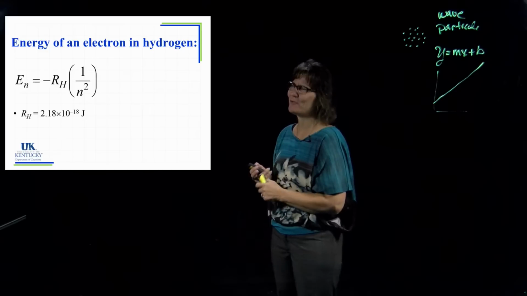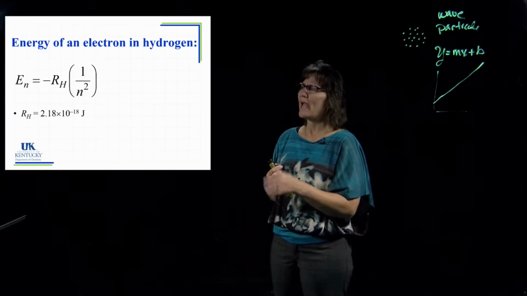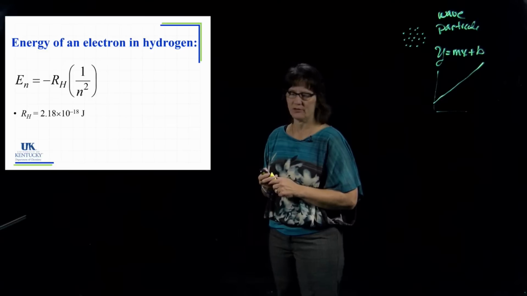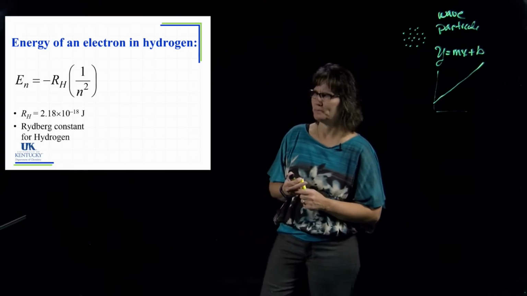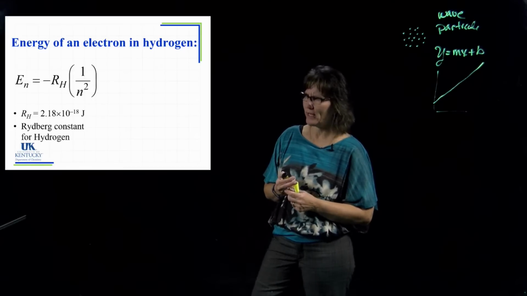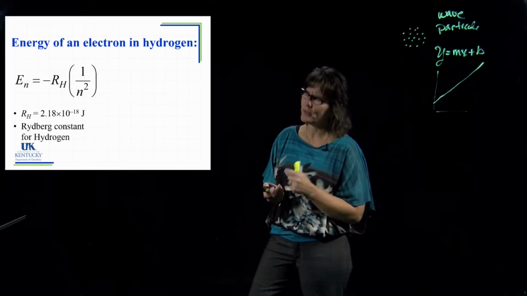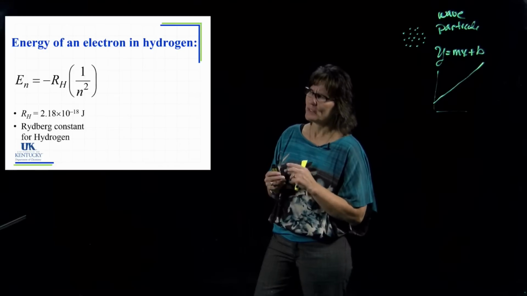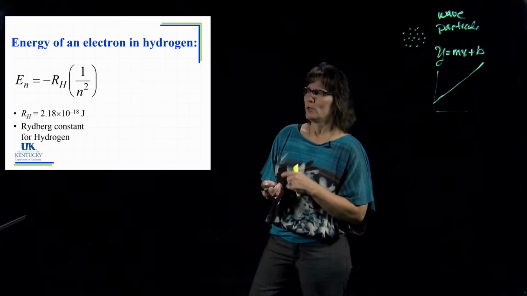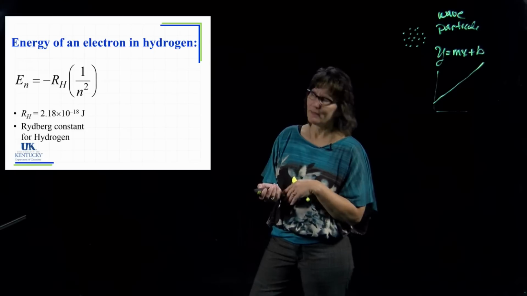Okay, so we have an N equal 1. We would put down there in the denominator 1 over 1 squared, and then the energy of the electron would be equal to the Rydberg constant there. That's what that R sub H is called. It's called the Rydberg constant, and for hydrogen it's 2.18 times 10 to the minus 18. N equals 2, we put a 2 in there. 2 squared is 4, so we take that number and divide by 4, or multiply by 1/4. When N equals 3, we'd put a 3 in there and square it, so we would multiply by 1/9.